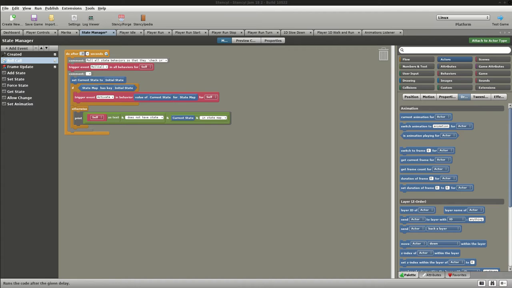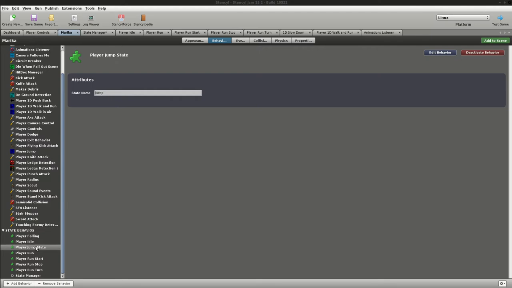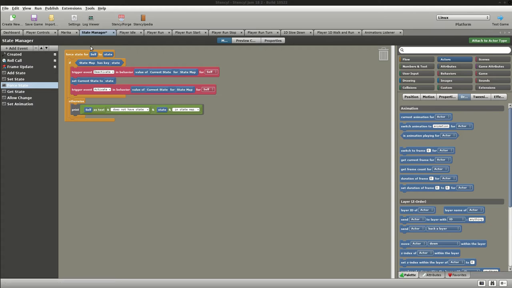By the way, one other detail: I have to delay this by a frame, mainly because I don't know in what order these behaviors are going to be loaded when the actor is created. And that's something I wish you could do in Stencyl, specify an order that behaviors are loaded in. And maybe you can, and I just don't know how. But my general rule for this sort of thing is don't make assumptions that behaviors are going to load in any particular order. And that can be particularly troublesome if you have something like a custom block,